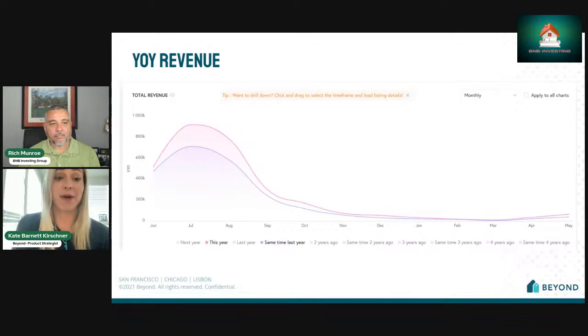I always start high level from a portfolio view, and I always start by benchmarking off of your prior year's metrics, keeping in mind, last year was an outlier of a year. There was additional demand. This year, a lot of people traveling to Europe, a lot of people impacted by the state of the economy. So taking that benchmark with a grain of salt,